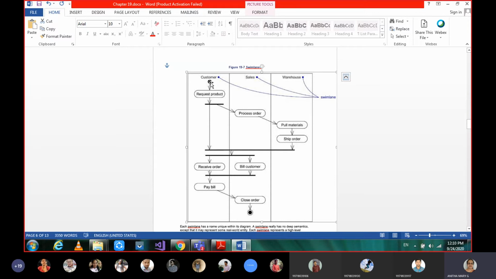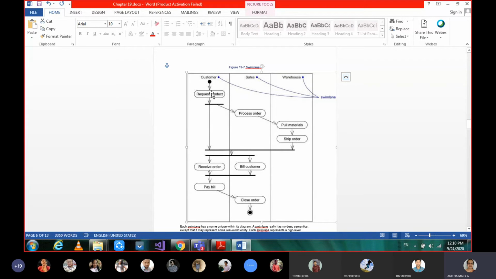So here, who is the initiator starting that activity, the flow control for a business case? First, customer. So customer is starting. So the person who is initiating that activity should be given first in the diagram, and the initial state also should be specified.